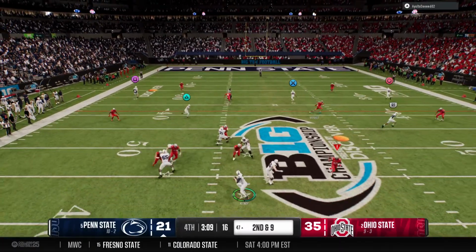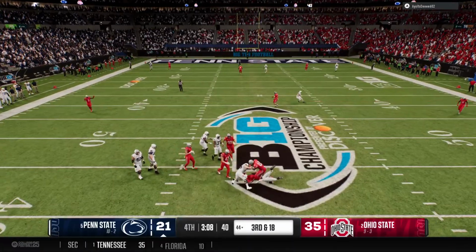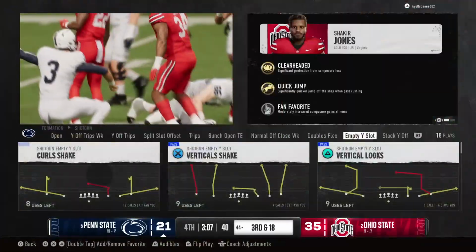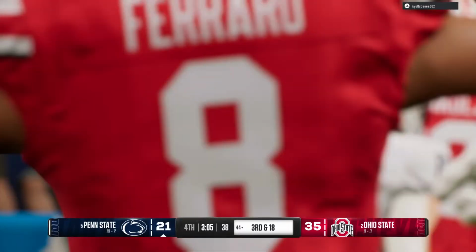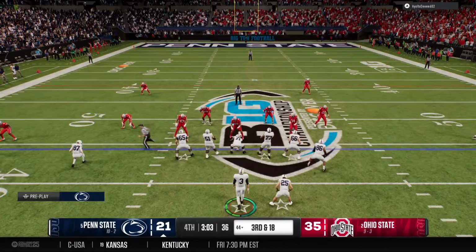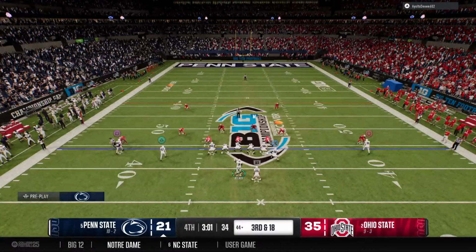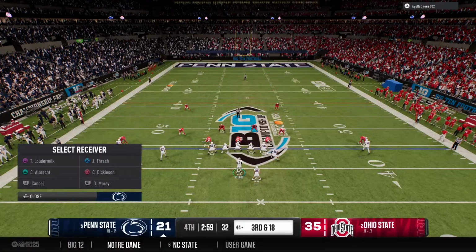Quarterback looking to throw it on 2nd down. A sack on the play, could not escape the pass rush. Well, that takes the wind right out of your sails. This offense is trying to find a way to get back into this game, and another pressure and a sack against their quarterback.